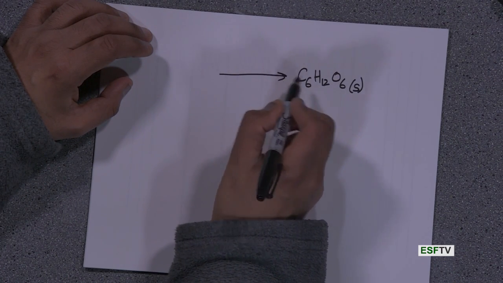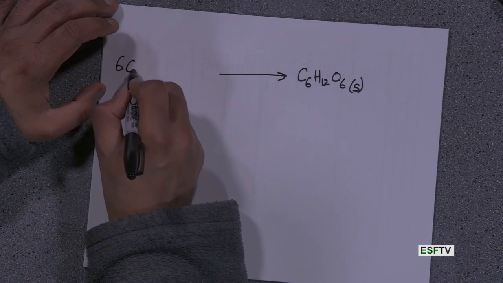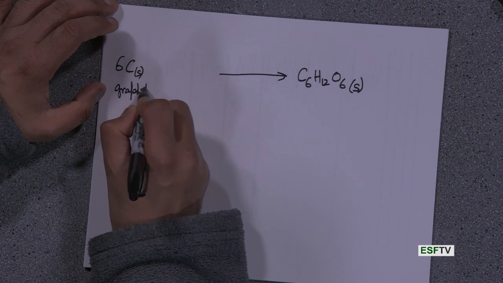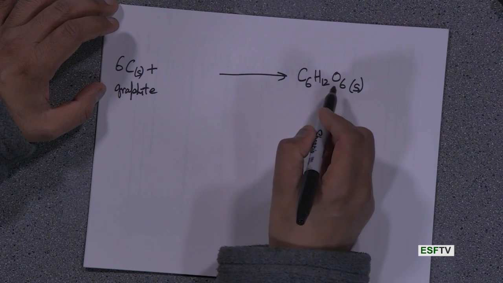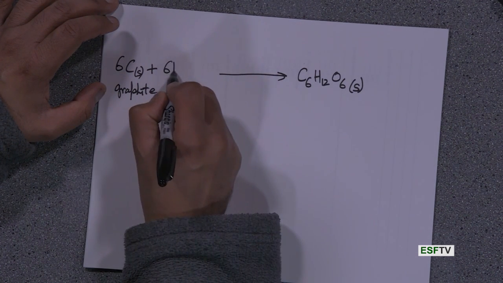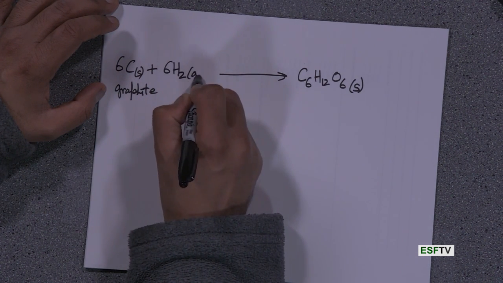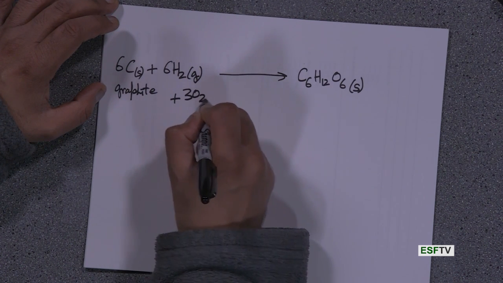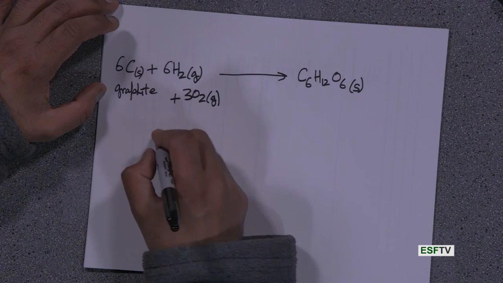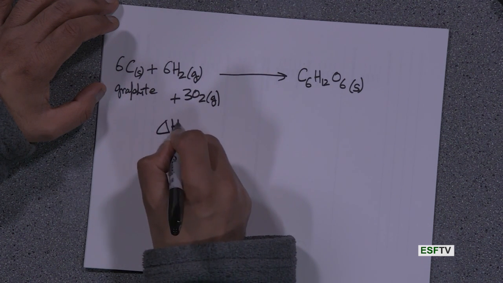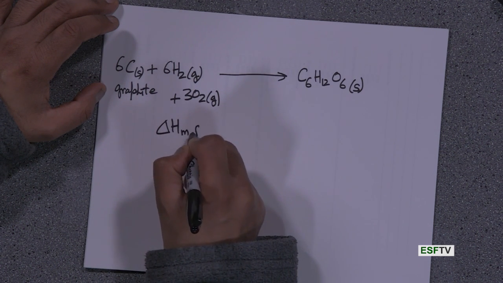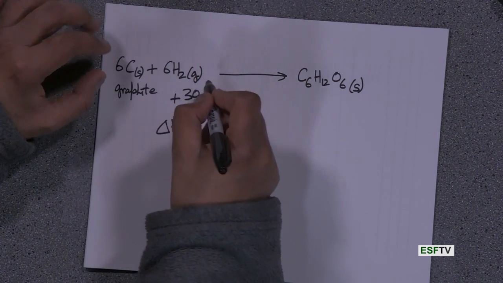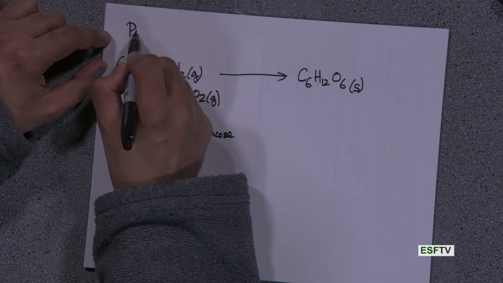What's going to be on the left? 6 carbon, that's going to be graphite, plus we need 12 hydrogen atoms, so 6 hydrogen molecules, gas, 6 atoms of oxygen, so 3 oxygen goes to this. That is delta H per mole formation of glucose, and if everything is pure and separated here, pure